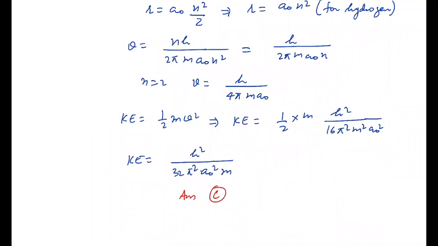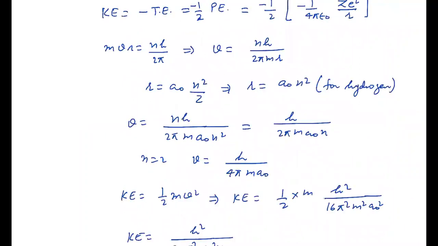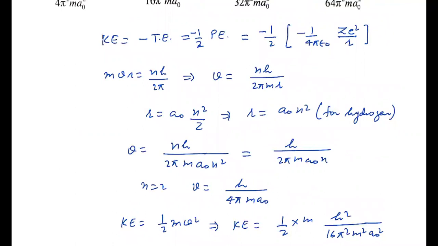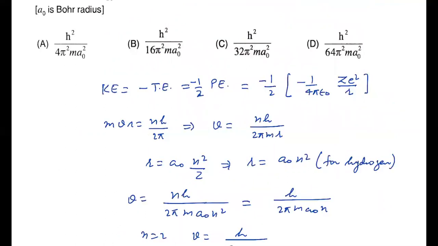Okay. So both ways are there. Either we calculate the velocity first and then kinetic energy as half mv square, or you may directly use this formula also. This will also work. But as the 1 upon 4 pi epsilon naught term is incorporated here, which is not given in the options, we haven't gone from this value. We have directly gone to velocity and then related it to the radius. So both ways are there. As per the options, we have selected the second method.